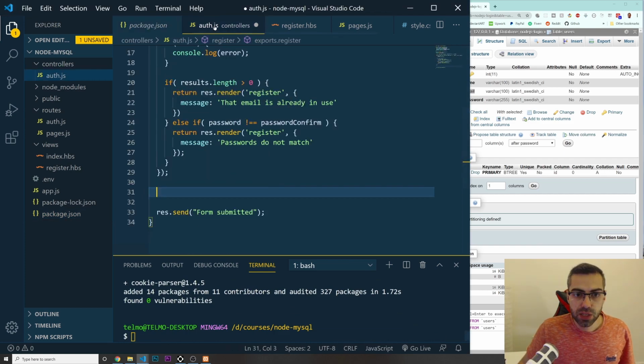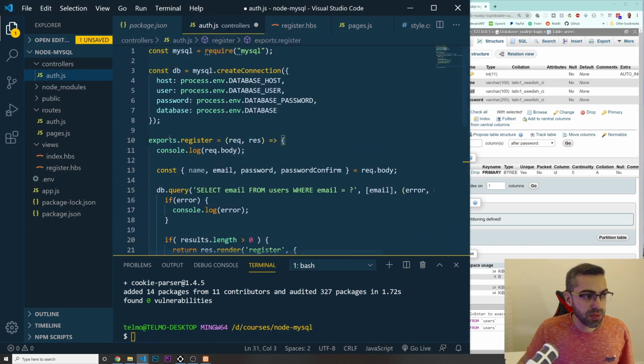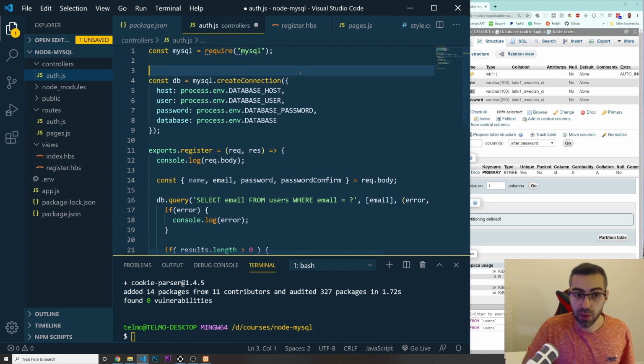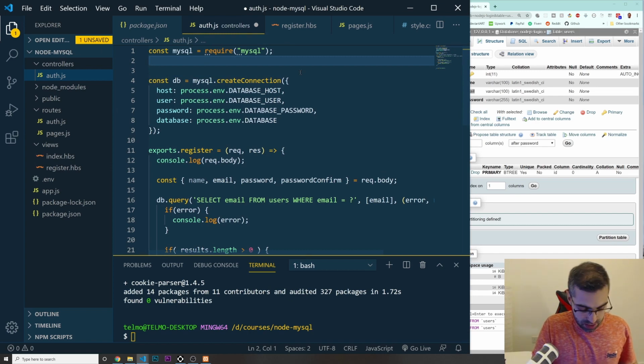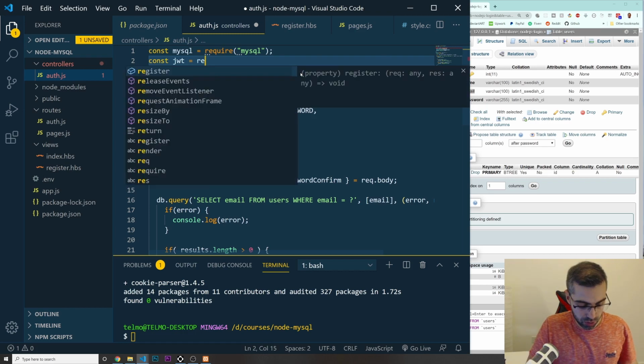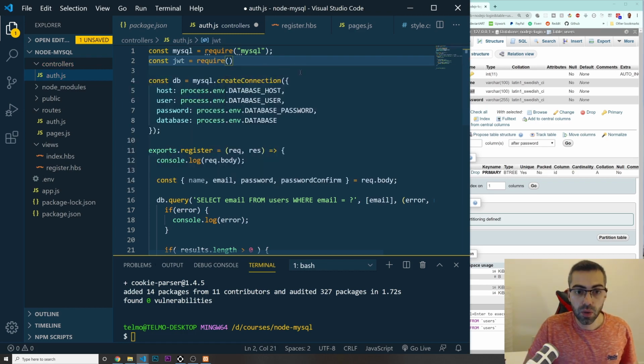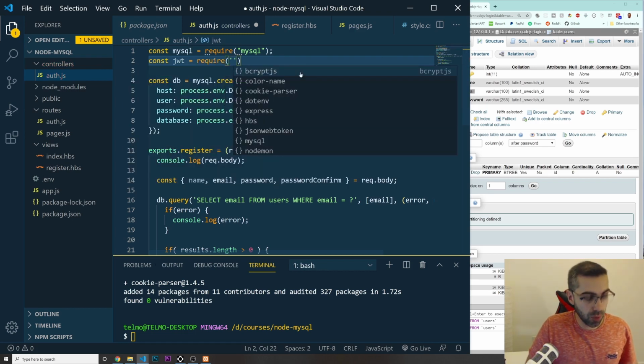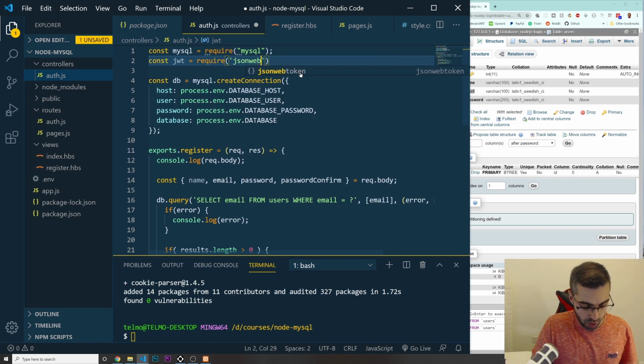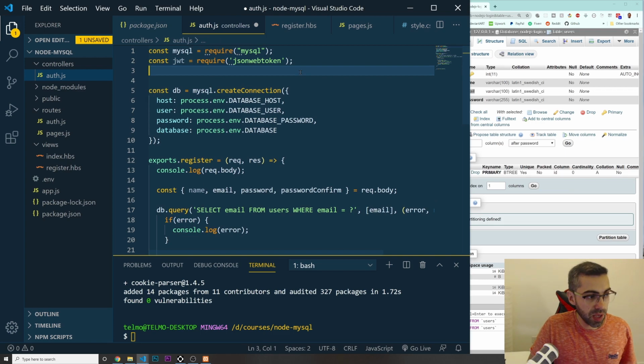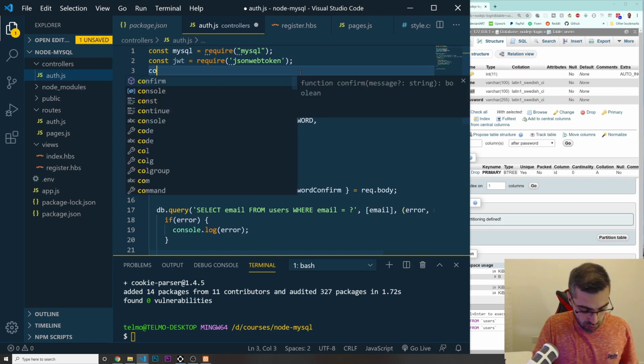Okay, now let's go back to our auth.js. I want to import first of all my JWT, which I'm going to show you in a second. Const JWT, which is for the JSON web tokens, require, I'm going to put json web token. And I'm going to import as well my bcrypt. So I'm going to do const